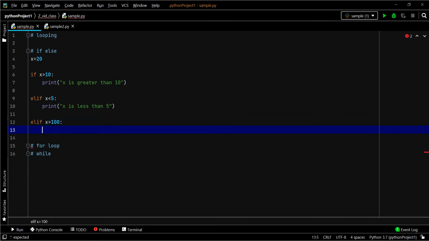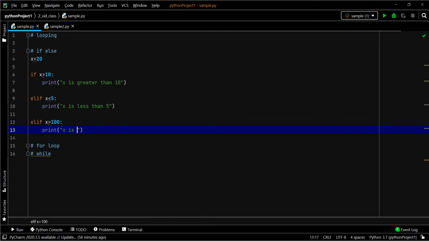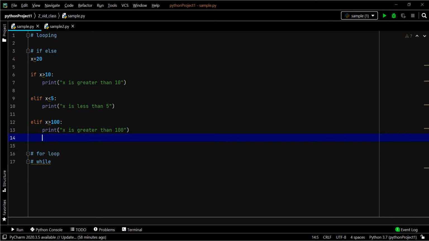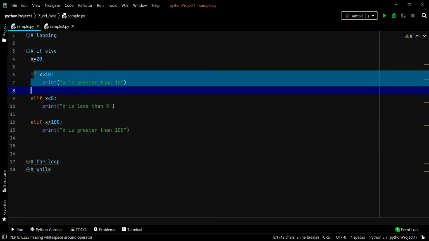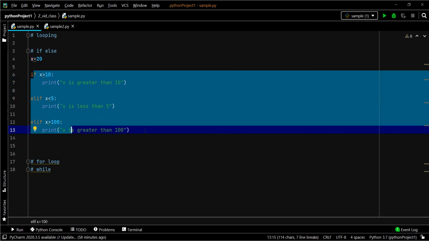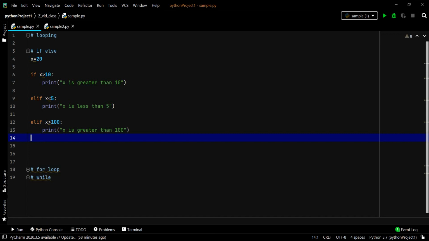It's up to you and your condition. Now finally, if all these conditions, all the three conditions, if, elif, return false, then finally execute this statement.